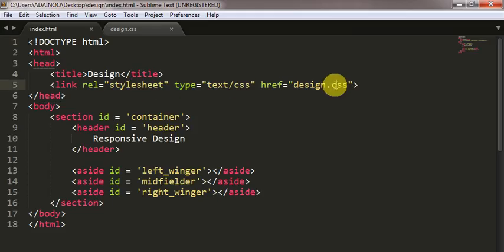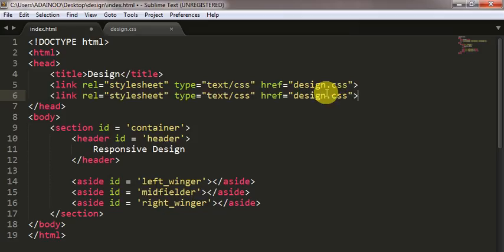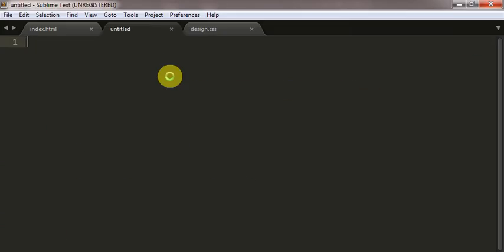Now, I like my responsive code to go into a different file, so I'll go ahead and create a new CSS file. Name it design. Okay, so let me copy the name. Let's make it. So you press Ctrl N, like name, Ctrl N, and then you save it as